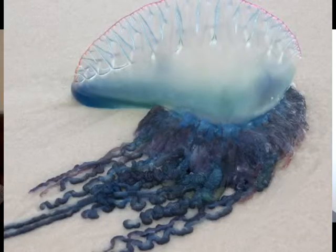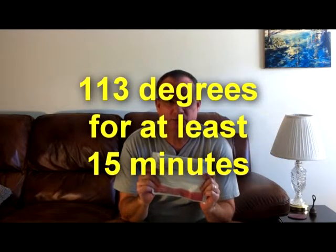For most jellyfish, the vinegar-based gel is going to be enough. But for the man of war, the heat is really important. They found that 113 degrees for about 15 minutes is what it takes to ease the pain of man of war stings. Now, when I read the directions on the package, there are directions on the outside of the package, and also an insert on the inside of this kit that tells you how to use it. I was a little confused by the instructions as far as the order of using the vinegar and the heat. So I clarified that with Ocean Care Solutions, and generally you want to use them simultaneously. So you put the vinegar gel on, then you put the heat on right away,